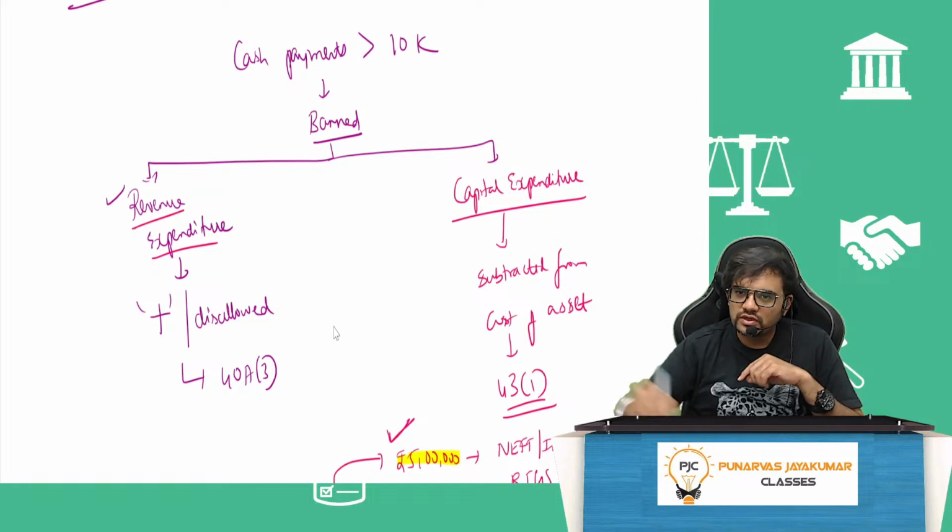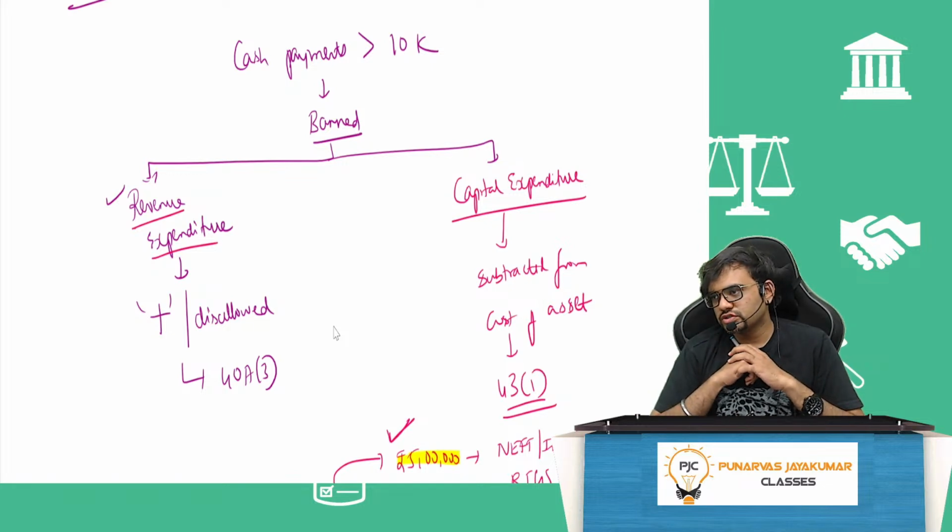On the other hand, if it is capital expenditure, that is what we are discussing now. Actual cost, because actual cost means capital expenditure. I spoke about sweets, that is revenue expenditure. If I am using 11,000 rupees, or 20,000 rupees, to buy an asset, but I paid cash for it, whatever cash I paid will be subtracted from the actual cost.